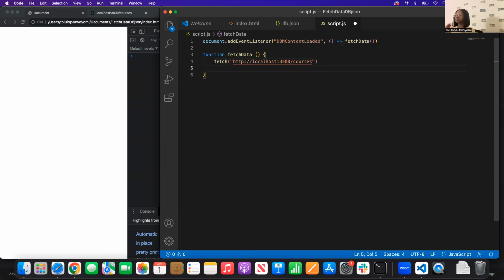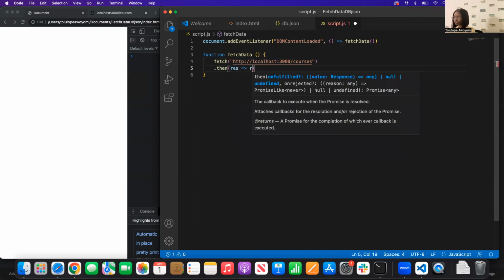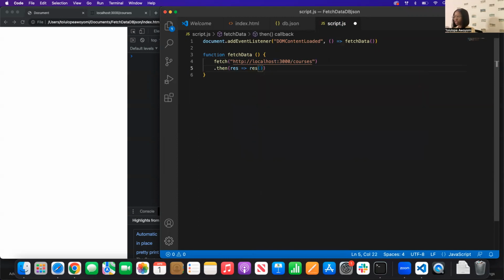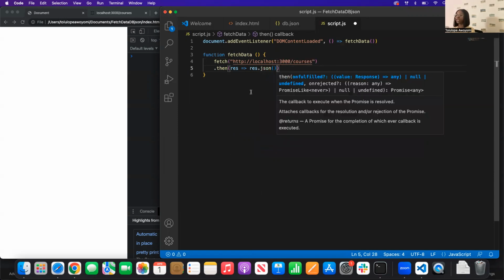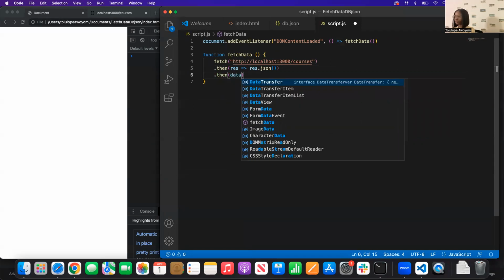So once we're able to, now we've used the fetch to request data from this URL. The next thing is we want the response to be in a JSON format, and then we want,